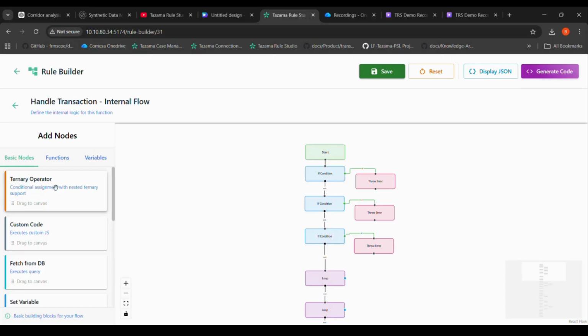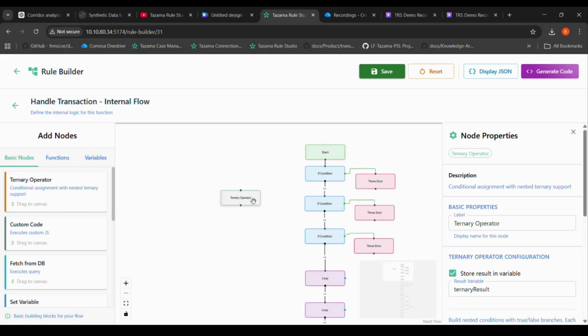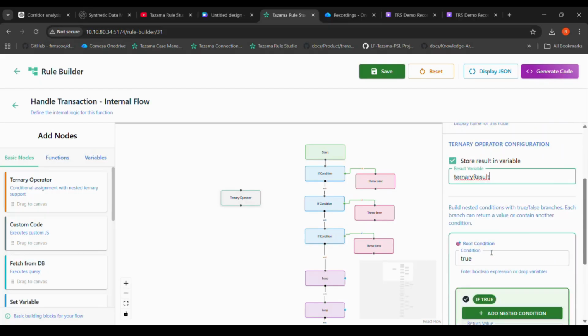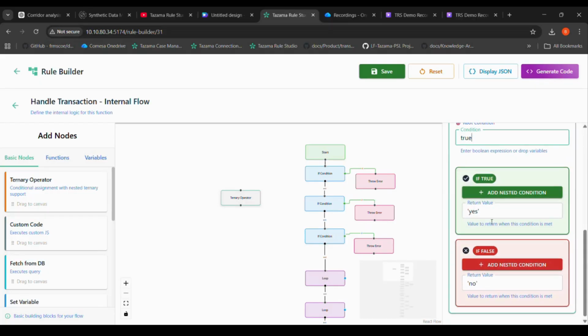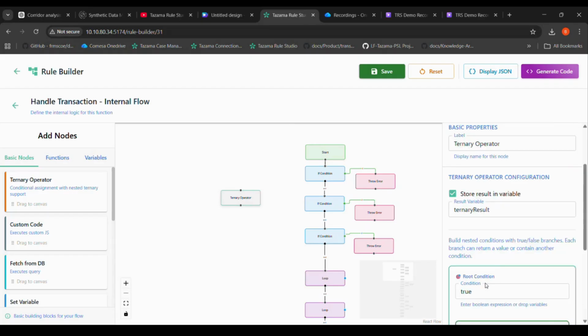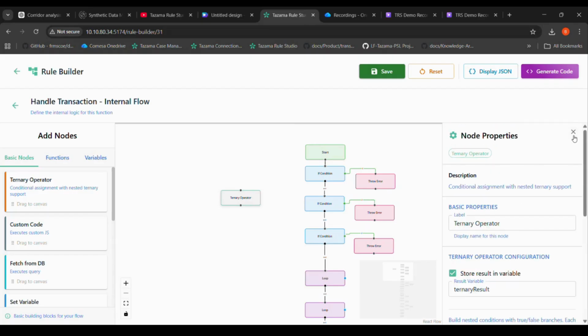Right, so let's start with the ternary operator. The ternary operator is a simpler version of the if-else nodes. So here we can see that you have a result variable where you're storing the value, and then you have a root condition. If that condition is satisfied, then this value will be returned, and when this condition is not met, if it's false, then this value is returned. So let me show you how this is used